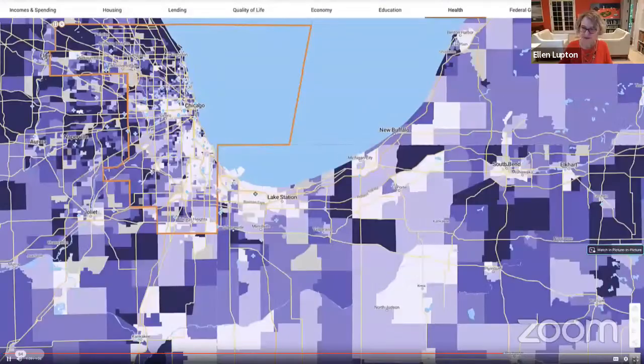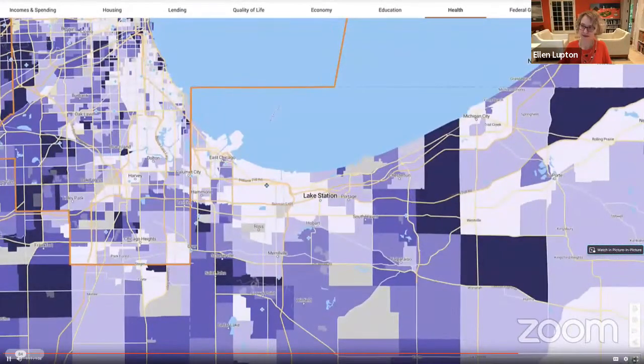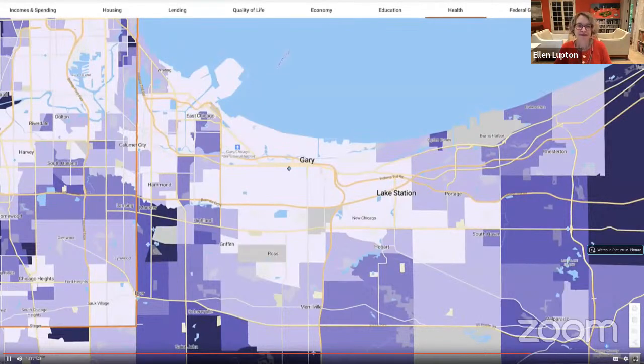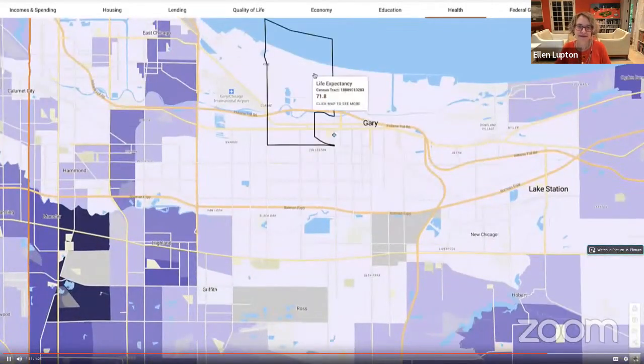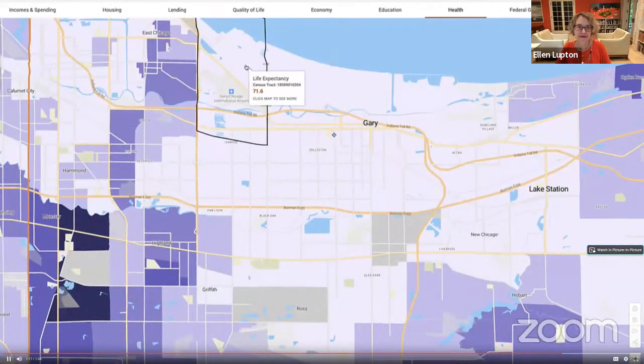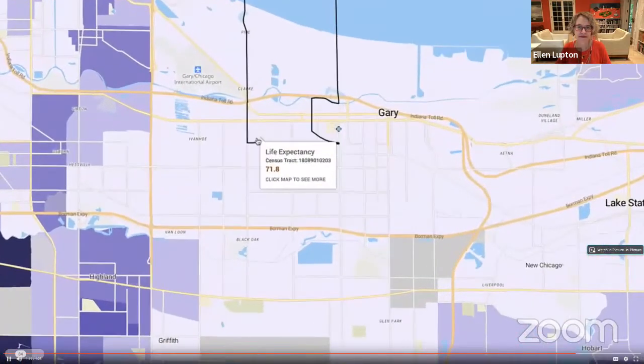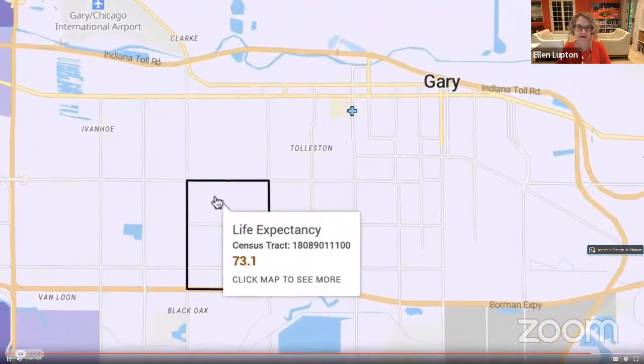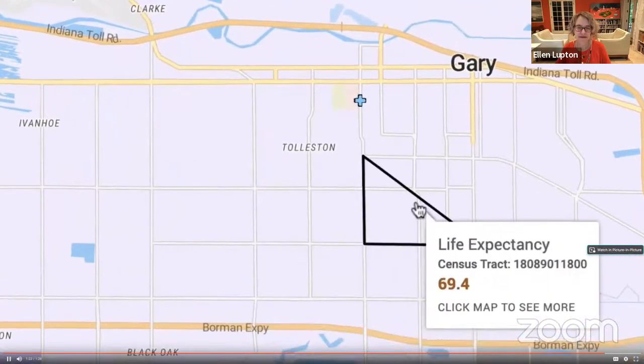And they were communities where people had jobs that didn't allow them the luxury of working from home and staying safe, but they were having to get on the bus and go to work. Mapping has a real dramatic way to bring that home for people, because they do know the zip code that they live in, and they know the intersections of the streets in their neighborhoods. And when you zoom in on a map, you can say, oh, I know where that is. Wow, what is going on?